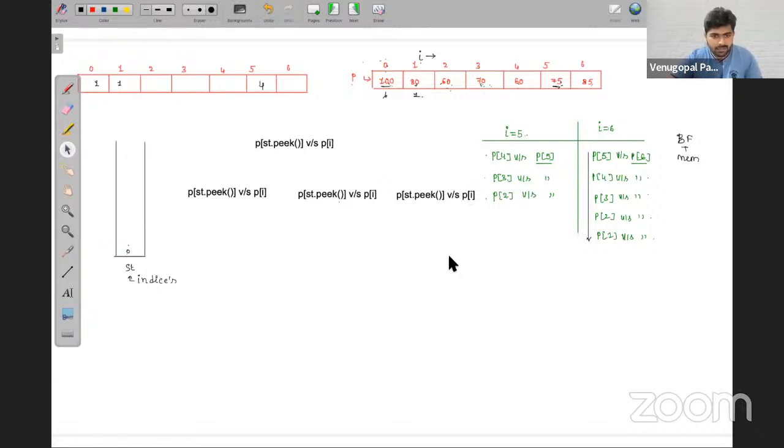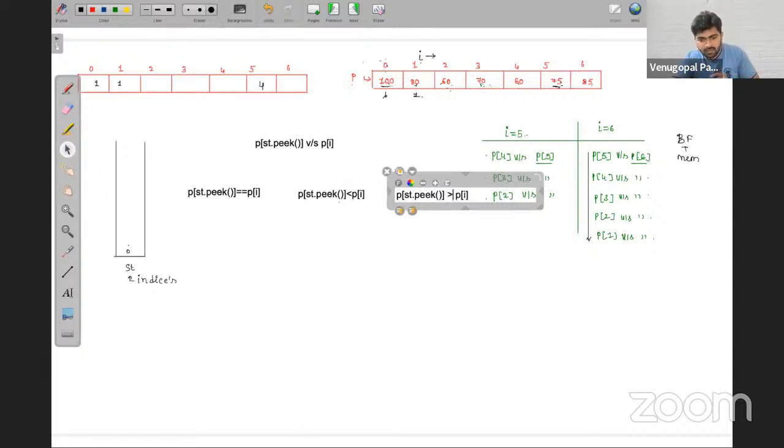This can be equal, or this can be smaller, or this can be greater. Apart from these, do you get any other cases? Tell me. If you are comparing 2 values, then 3 cases are possible: one is equal, one is smaller, and one is greater. Now, for which case, what to do?